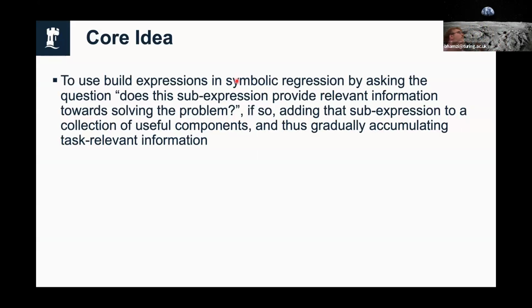So we're trying to build expressions to model data. And the question I'm interested in is: does a sub-expression provide relevant information towards solving the problem? And then can we add that sub-expression to a collection of useful components and gradually accumulate information that's relevant to the task?